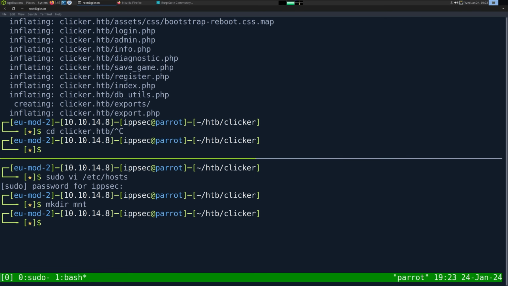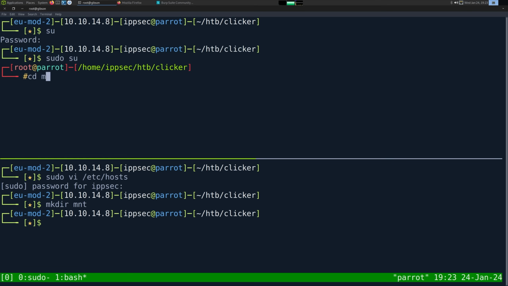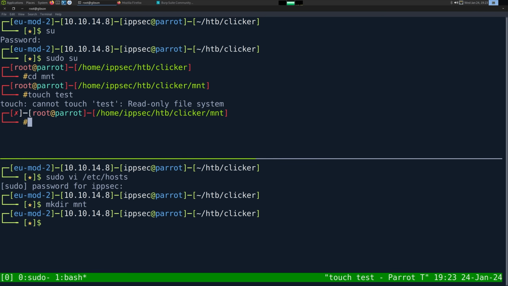And I guess before we go in that, we could attempt to do that client UID spoofing. So if I do sudo su, go into mount, touch test. Can we write here? It looks like it is a read-only file system. Actually, we gotta umount it, because I think by